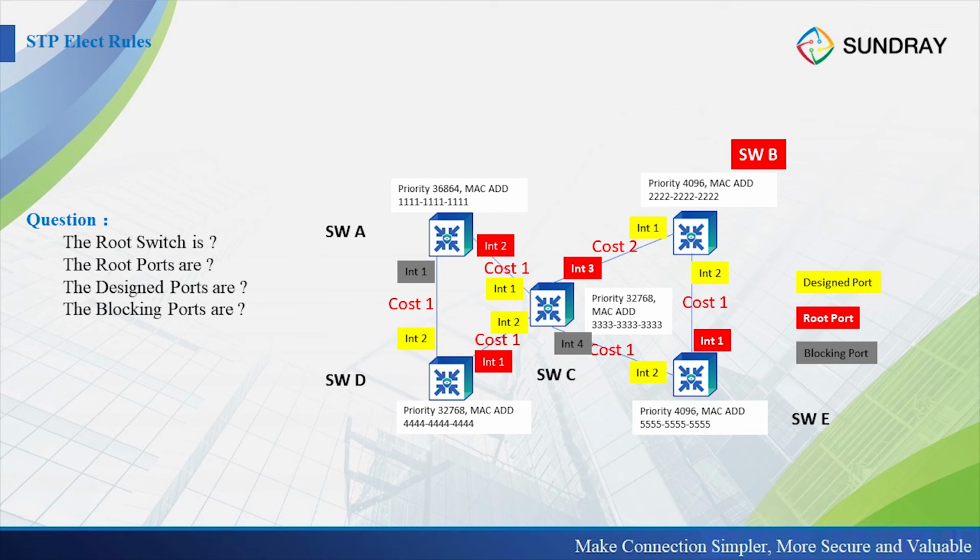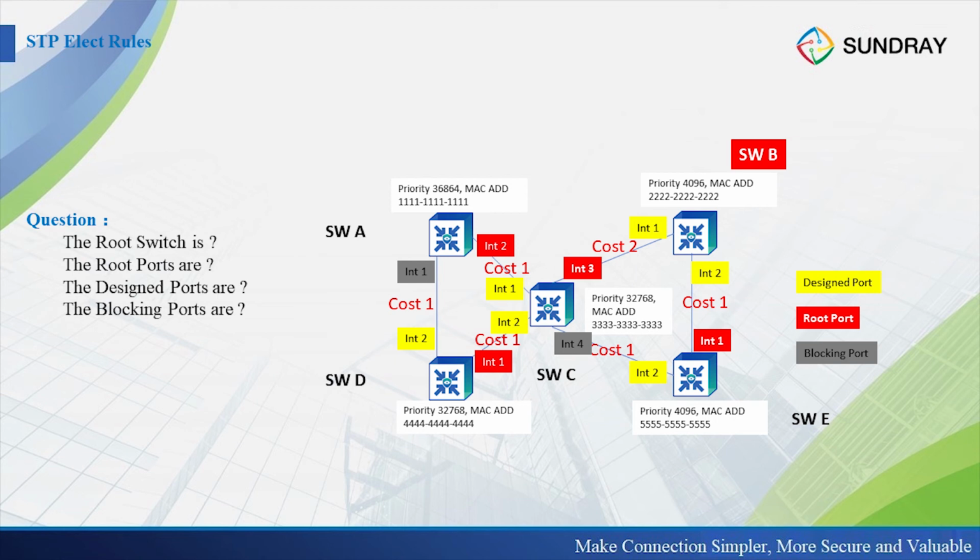For this topology, which one is the root bridge? It's B, right? The answer is on the right side. So why do we choose switch B as the root bridge? Because when we compare the bridge ID for switch B, the bridge ID